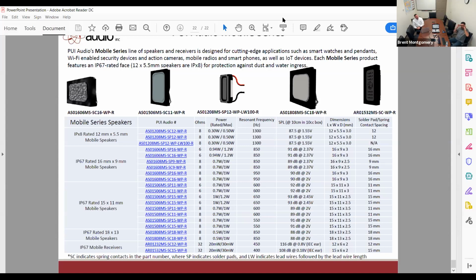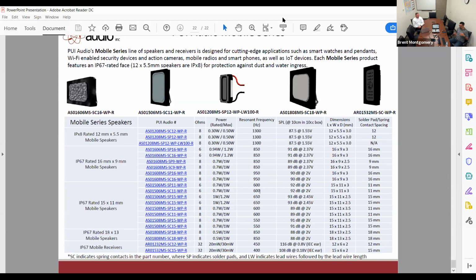Typically most customers will look at our sensitivity specification and not pay too much attention to the distance. Many of our speakers are rated at 10 centimeters if they're under 20 millimeters, and then we usually move up to a 50 centimeter measurement. As you move away from that distance, out to 1 meter, 50 centimeters to 1 meter, you're going to lose about 6 dB off our sensitivity spec. Going from 10 centimeters to 1 meter, you're going to lose about 20 decibels. So every situation is different.